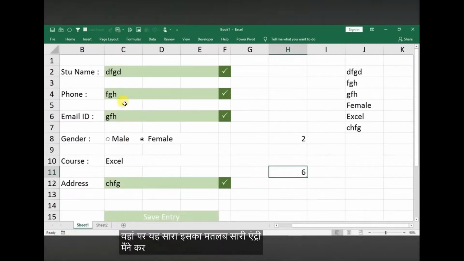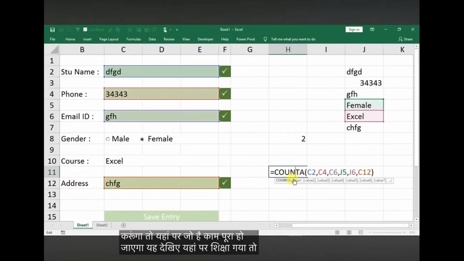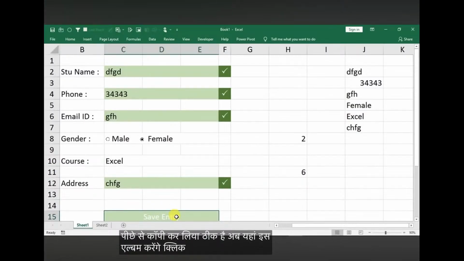अभी मैंने ब्रैकेट बंद की, एंटर प्रेस किया तो यहाँ पे 6 आ रहा है, इसका मतलब सारी एंट्री मैंने कर रखी है। अगर मैं यहाँ से इसको डिलीट करूंगा तो ये 5 हो गया, इसका मतलब एक एंट्री यहाँ पे अभी नहीं की है, एंट्री करूंगा तो यहाँ पे काम पूरा हो जाएगा। ये देखिए यहाँ पे 6 आ गया, तो ये फॉर्मुला आपको कॉपी कर लेना है, मैंने कंट्रोल सी से कॉपी कर लिया, ठीक है।